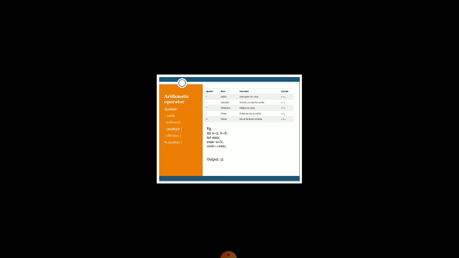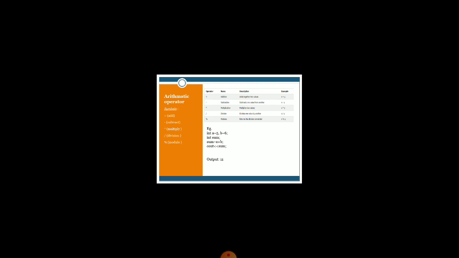Because whenever I divide any number by 2, I can get the remainder as either 1 or 0. So if I want to compare 1 and 0 with the remainder part, to check the value of the remainder, I always use the modulo symbol.